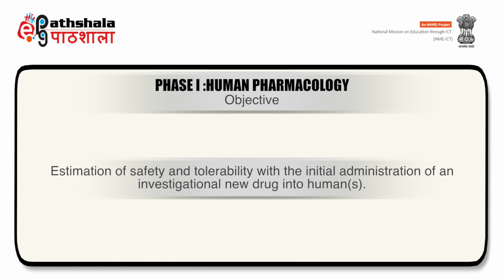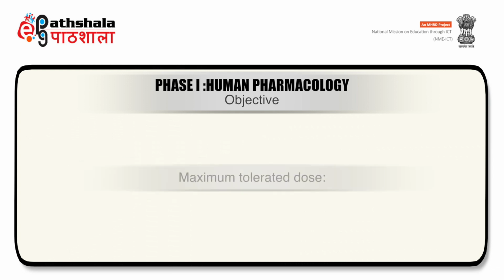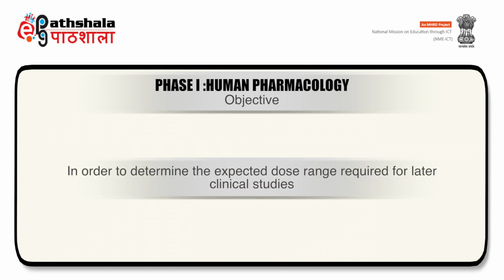Estimation of safety and tolerability with the initial administration of an investigational new drug into human is being done in phase 1 trial. The maximum tolerated dose is being determined in order to see the expected dose range which will be required for the